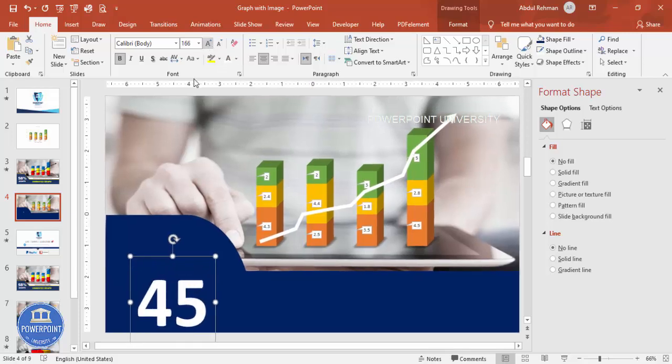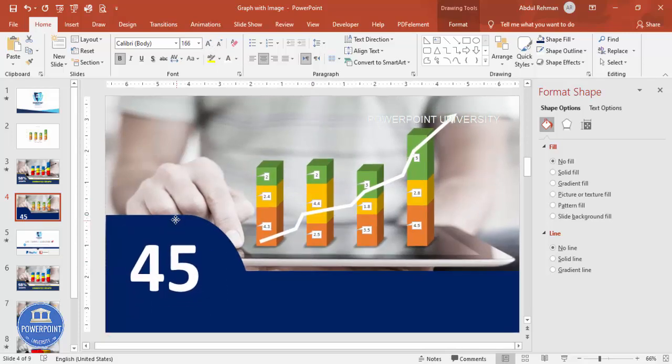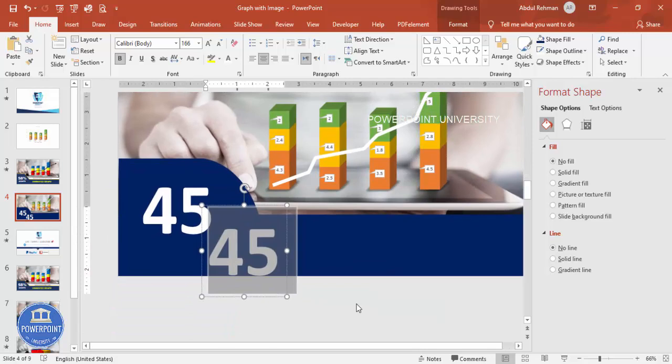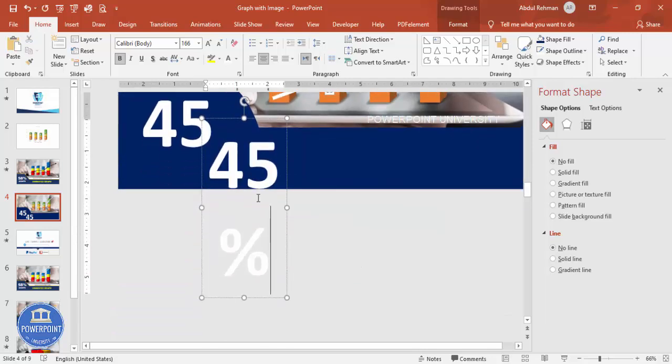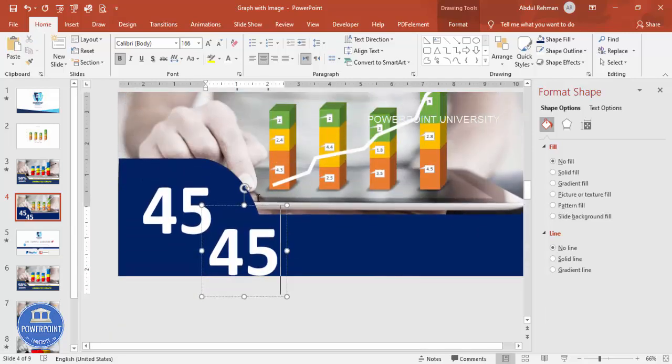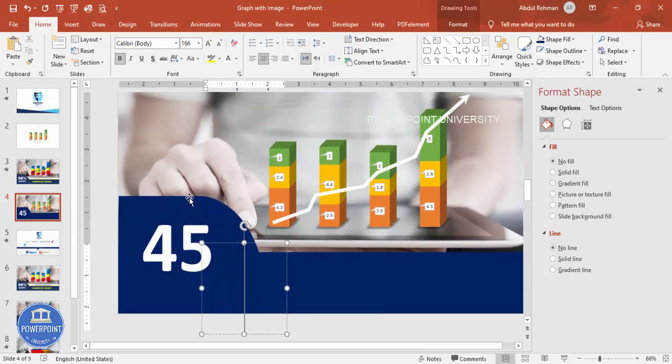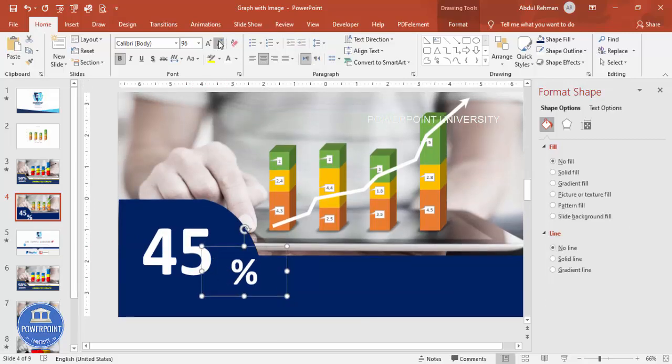You can see here 45, I'm just saying. And then I'm going to duplicate this one, and I'm going to say % here. All right, and let me just remove this part, delete this percentage only. And then here for this, I'm going to reduce the size. All right, so you can see here, maybe left align,